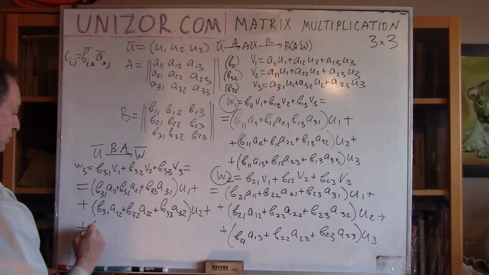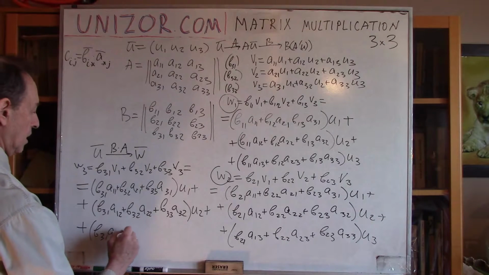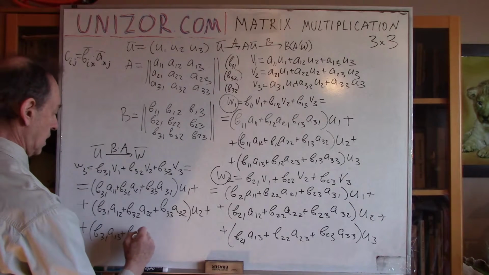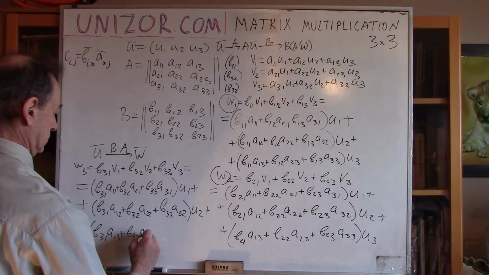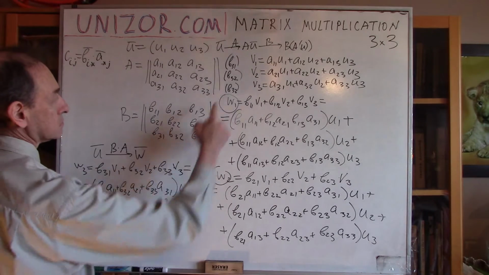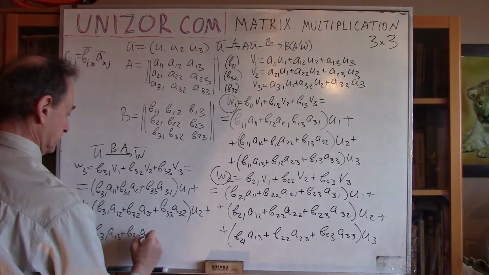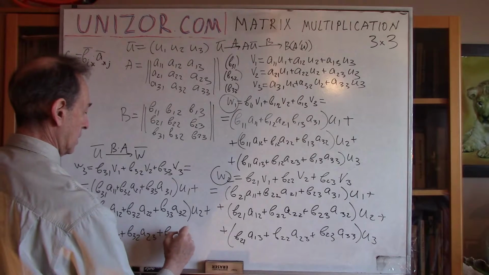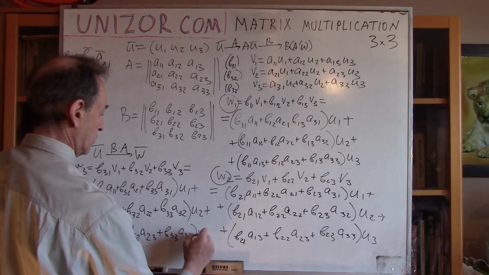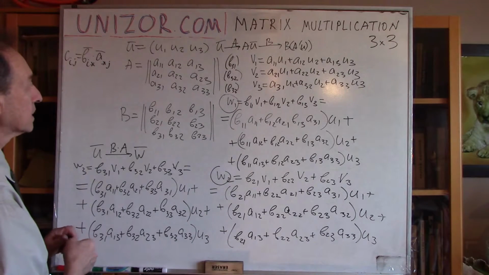And finally U3 would be B31 A13, B32 A23 plus B33 A33 U3. Okay, now we have completed